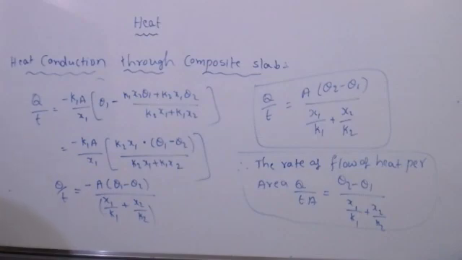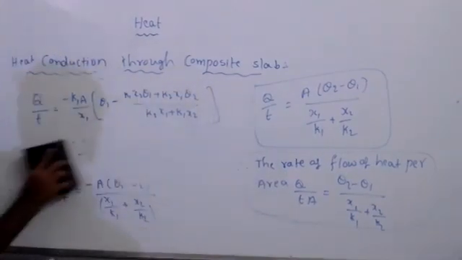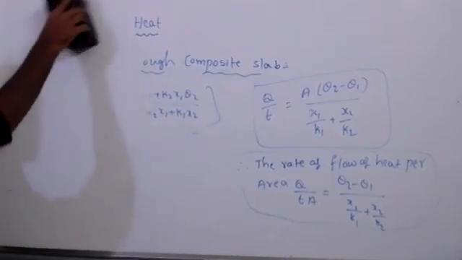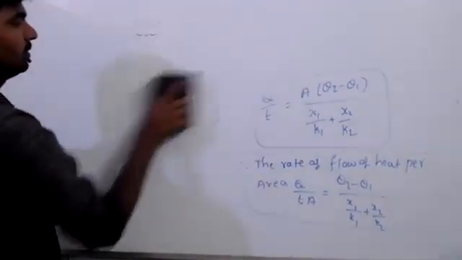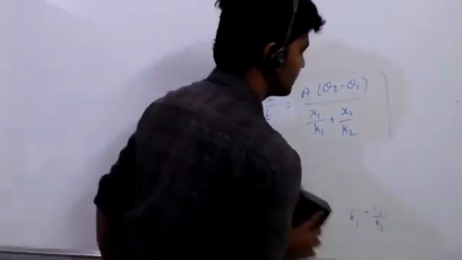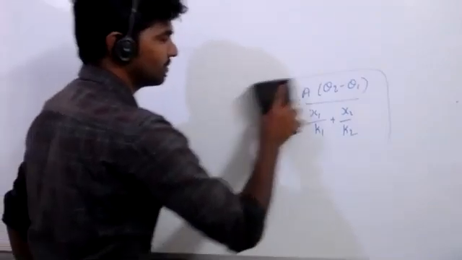See question number 7. 20 ml of 0.5 N HCl and 35 ml of 0.1 N NaOH are mixed. The resulting solution will be what? Basic or acidic? Sir, neutral, right? Are you sure? Does it completely neutralize? No, sir, it won't completely neutralize.